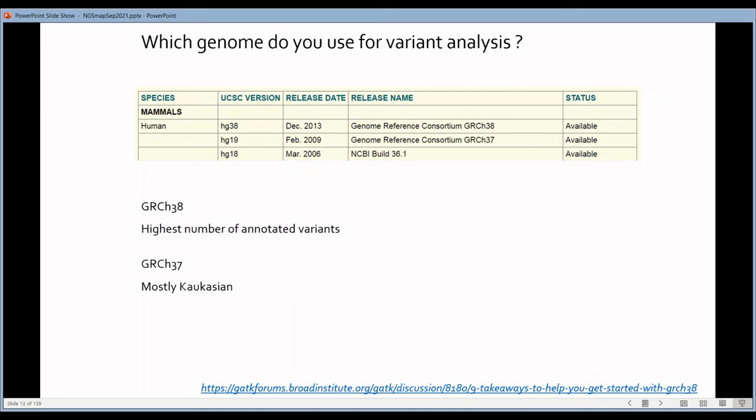So when a new genome is released, it has to be annotated. And that annotation process is quite slow, right? It takes a lot of time and effort. So it always lags behind. So very recent versions of genomes very often have less annotation than the previous version. So for these organisms, it might be a better idea to go for the previous version of the genome.